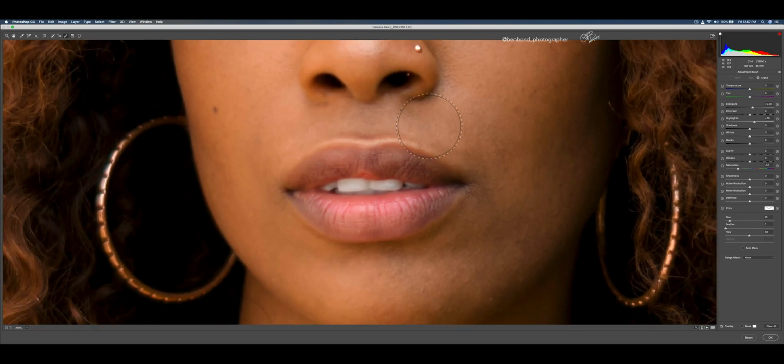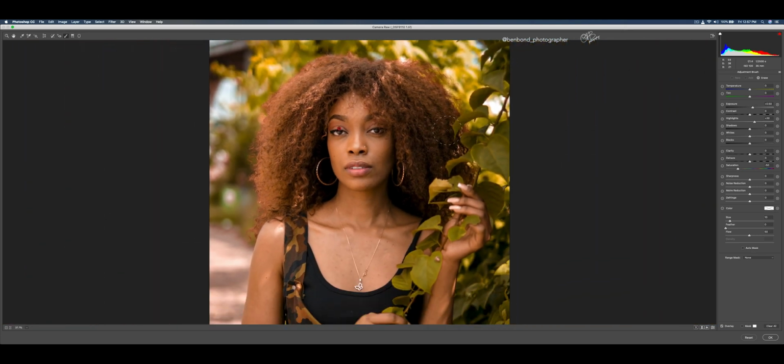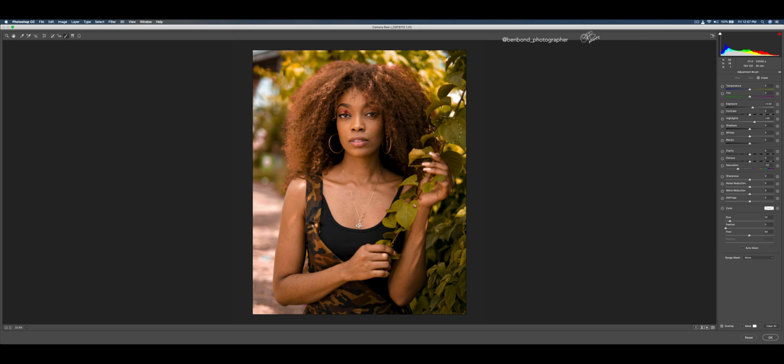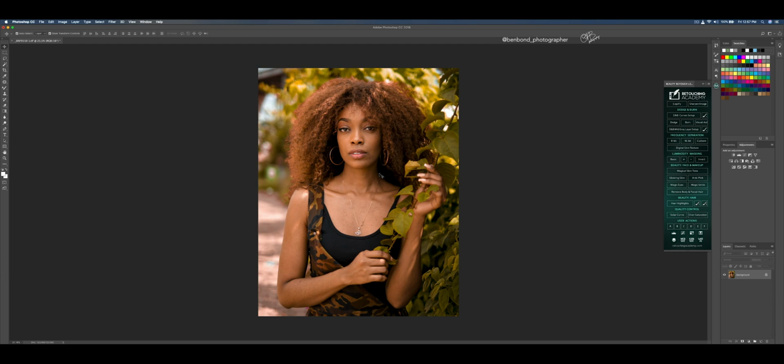Okay, so you zoom out, and this is how it looks. Okay, so from there, then you click OK, back to Photoshop. Yeah, so this is